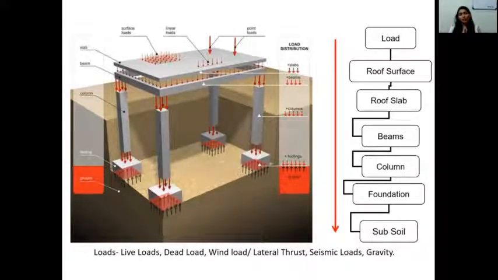So wind loads or lateral thrust, ये horizontally act करते हैं structure पे, causing the structure to move and horizontal एक force exert करते हैं. And then you have seismic loads. Seismic loads का मतलब होता है जो load या torsion या moments generate होते हैं किसी भी structure में during earthquake. Okay, so seismic movement जब होता है, जब earthquake होता है, तब जो सारे stresses और strains या फिर loads आते हैं building में, उसे हम seismic load कहते हैं.